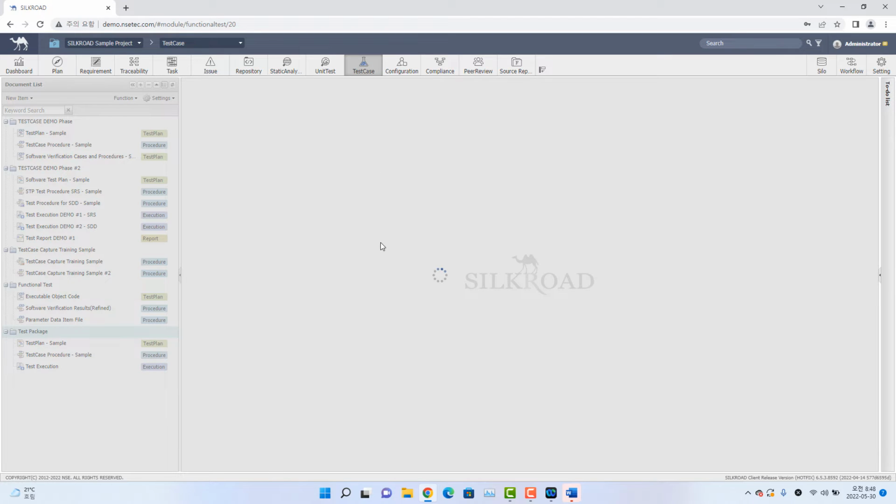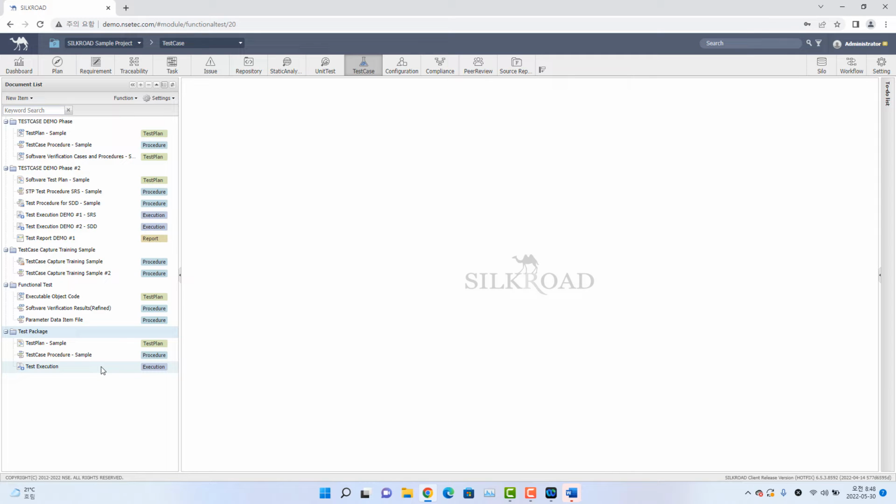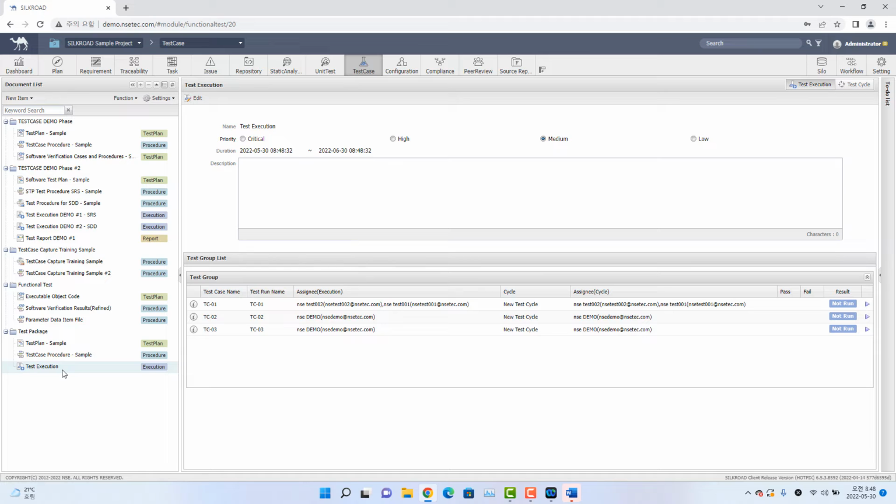And from here, coming back to the Testcase website, by clicking the test execution menu, test execution item, and on the right side you can see the test execution site. And what you should do from here is click on the play button on the right side